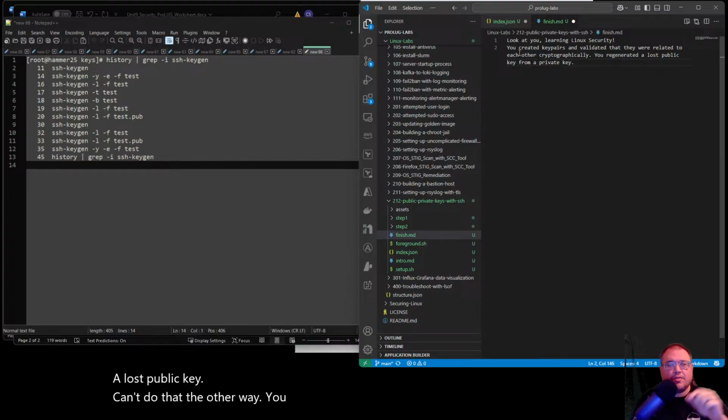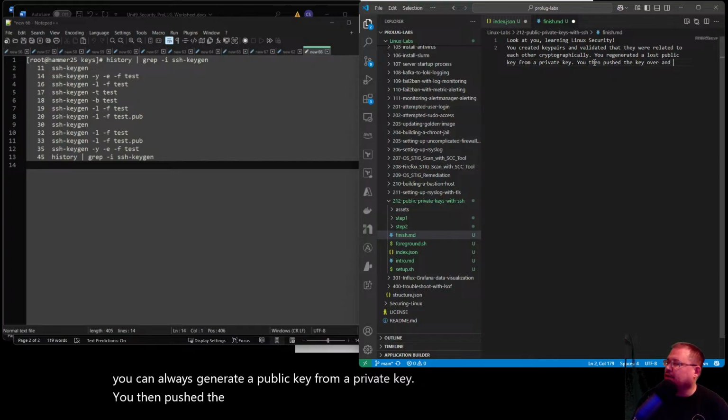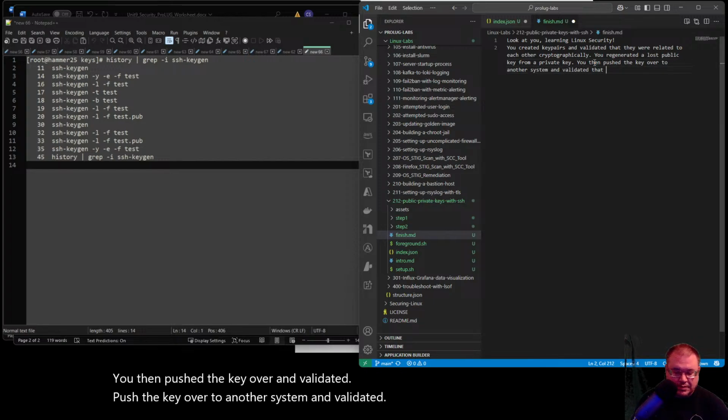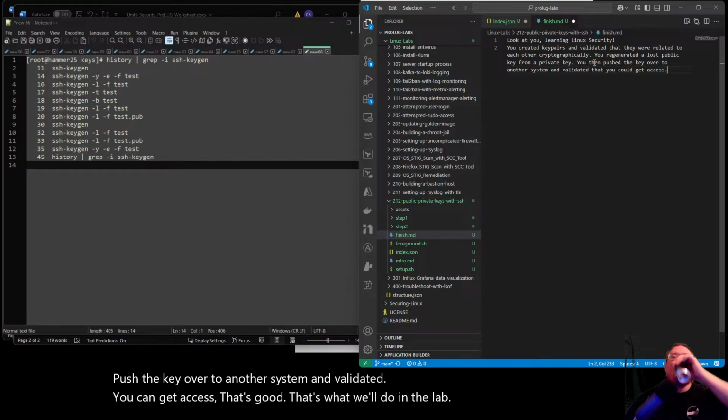You can't create a private key from a public key, but you can always generate a public key from a private key. You then pushed the key over to another system and validated that you could get access. That's good. That's what we'll do in this lab.